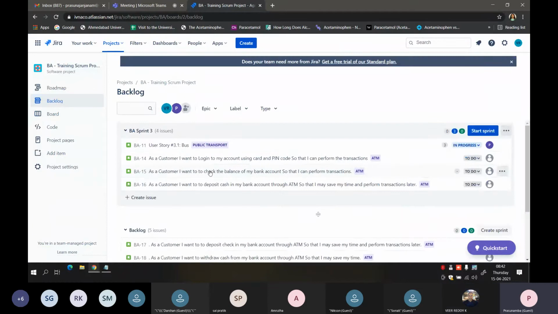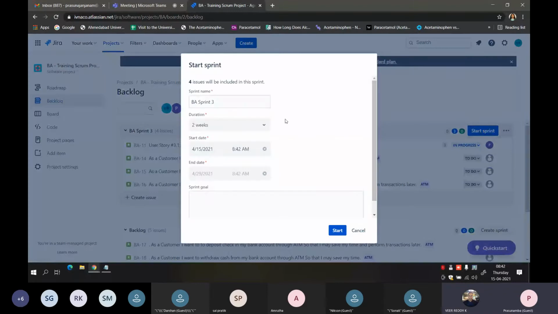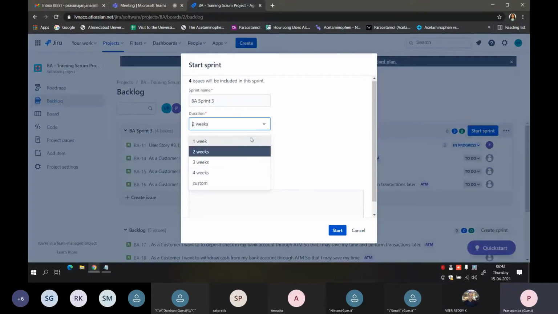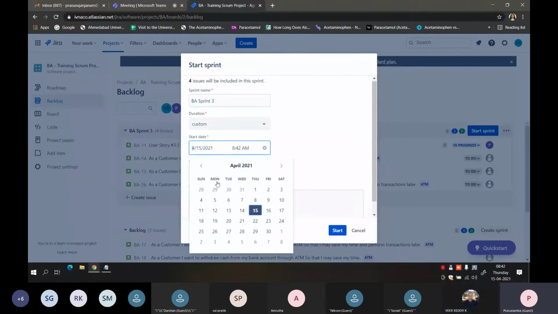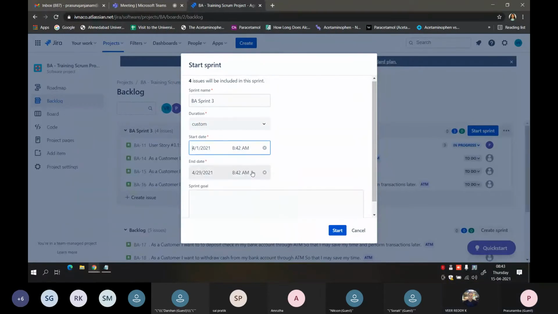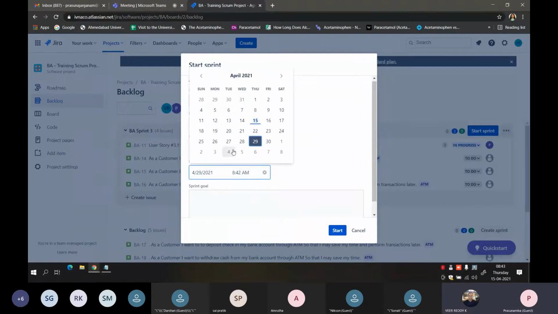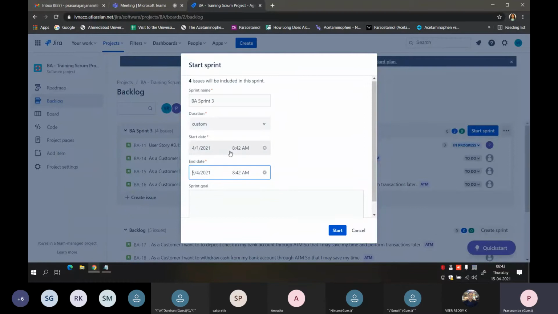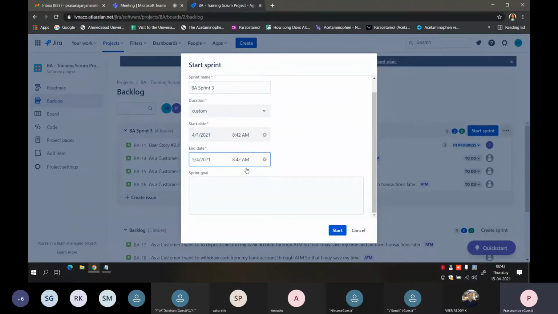Now I'm going back to the sprint. I have again started the sprint. The same thing, you can change it. I am trying to customize it. Okay, so I can move it back also. It's already started. So if I think that the backend work is already started from 1st of April, but I haven't started the sprint, at that time also you can change the date over here.